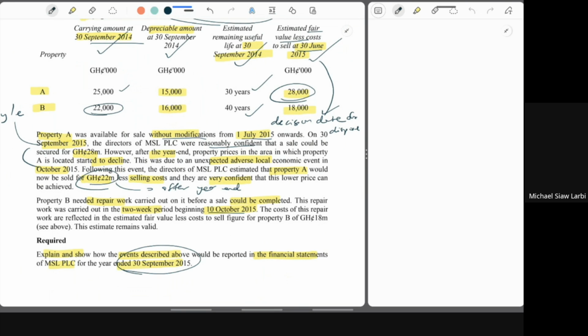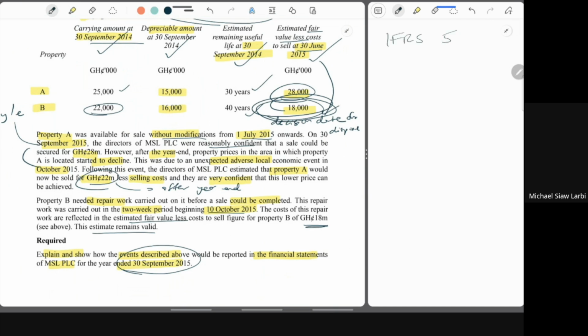The cost of the repair works will be reflected in the estimated fair value less cost to sell of 18 million. Where do you find 18 million? It is right here, as you can see, right? We have 18 million there. Okay, this estimate remains valid. So the question is, how do we account for this? Now, for you to be able to do this, we need some basic standards. Let me run us through that quickly so we can attack this question. First important standard is called